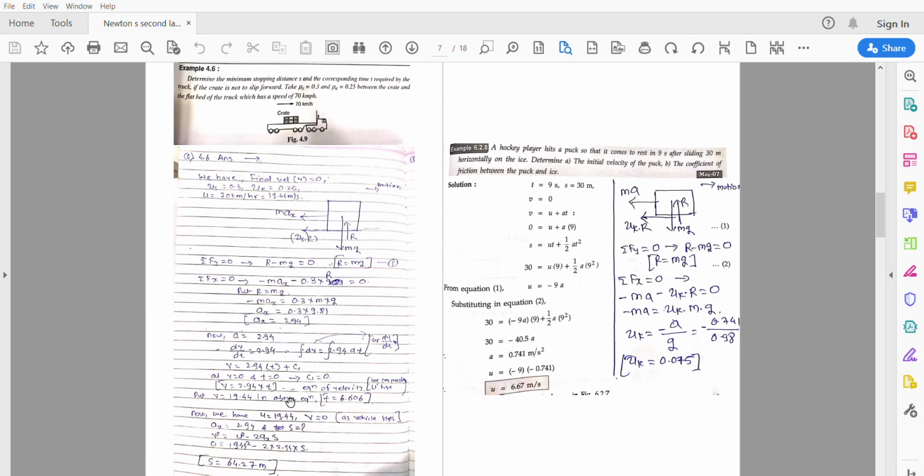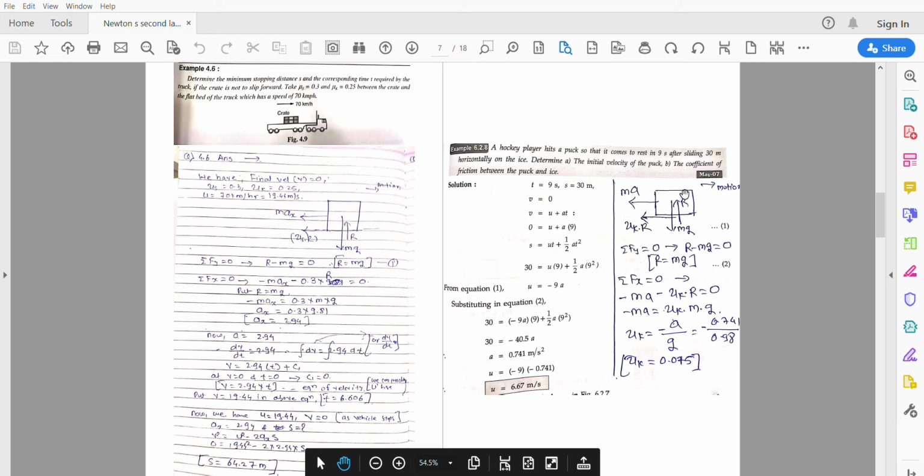You can use Newton's equations to determine distance, the equation v square equal to u square plus 2as. But for determination of time you have value of u, you have value of a, so you need value of time for the calculations. When you have value of v, value of a, you can use Newton's equation, or I have shown the second method. So dv by dt equal to 2.94. You can use this particular procedure to find out the tension, time.